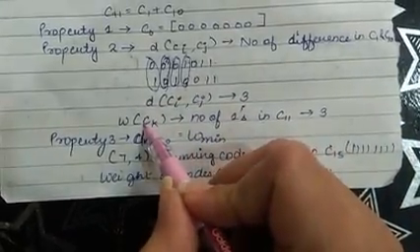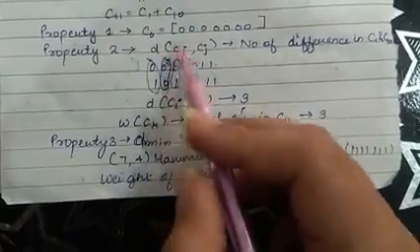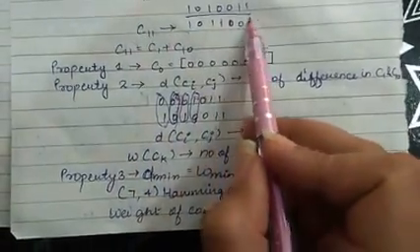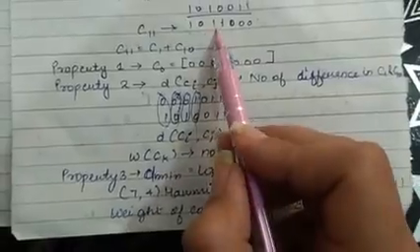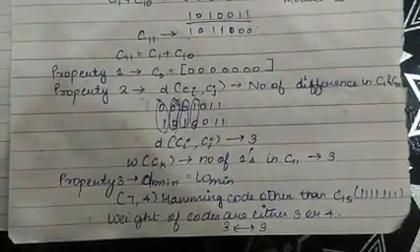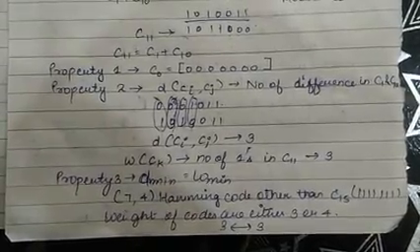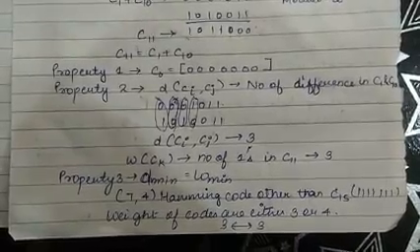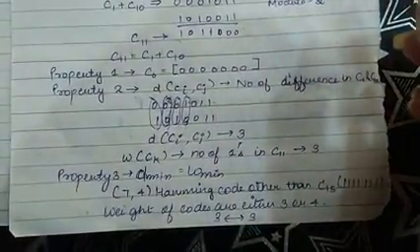Then what is w(ck)? w(ck) is the weight of ck. That means c11 is my ck. What was the value of ck? 1011000. So weight is the number of ones present in our code word, that is, how many ones are present in our code word c11. We have three ones in our code word c11. Okay, so we have found d(ci, cj) and w(ck).